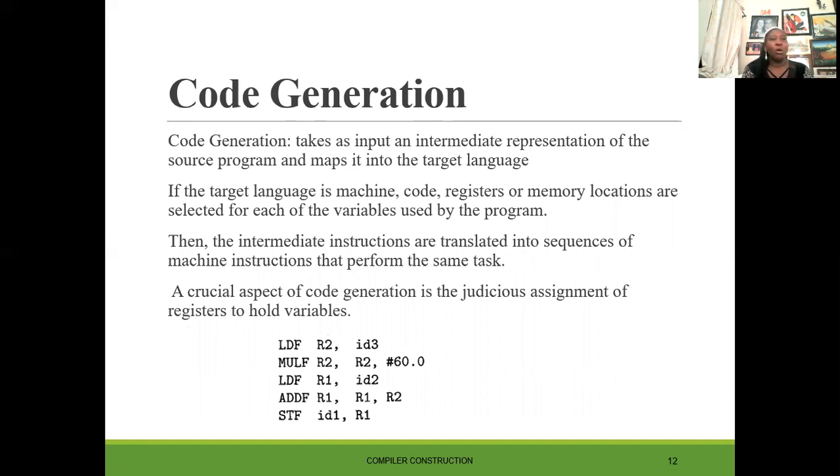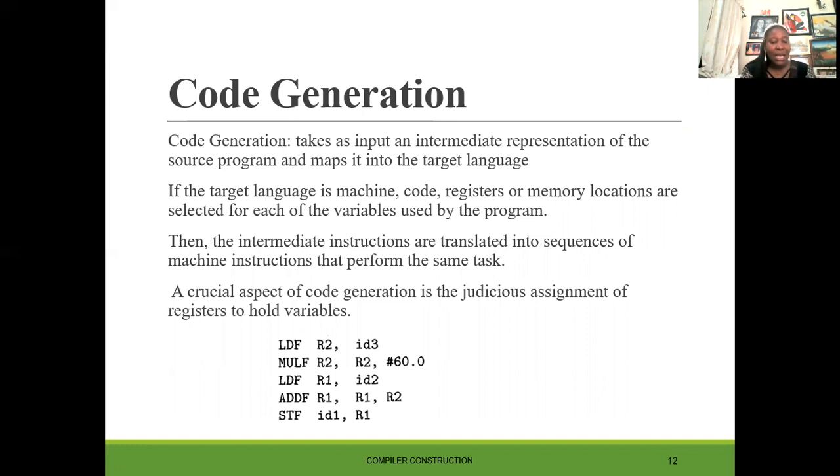Remember that your ultimate purpose, your ultimate aim in compiler construction, in the compilation process, is that you want to generate code. You want to get your target code. So how do we go about this? Now, this is a representation of the code that we had explained earlier, and we're using some form of assembly